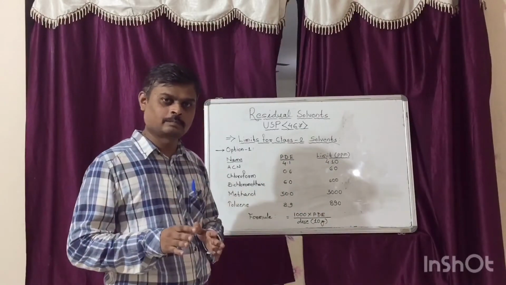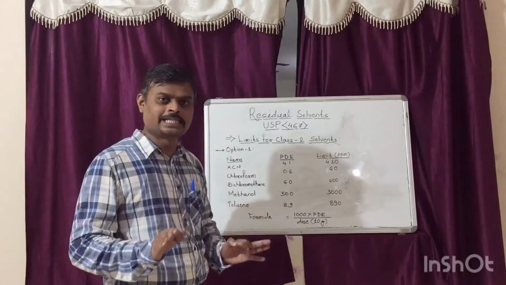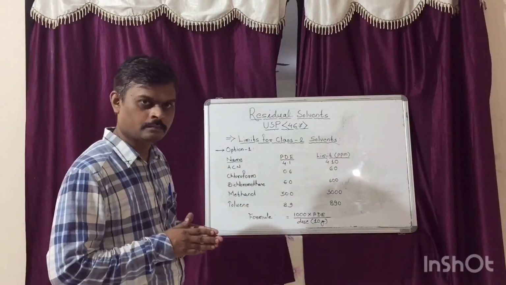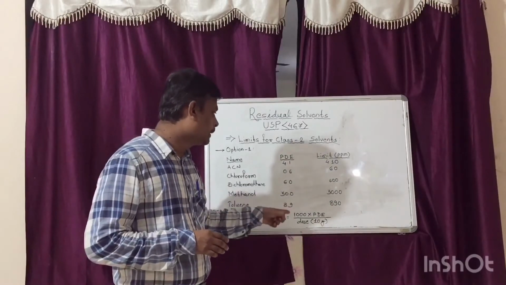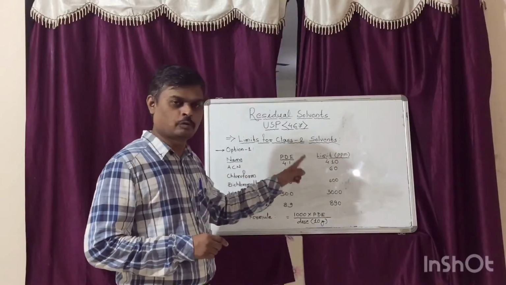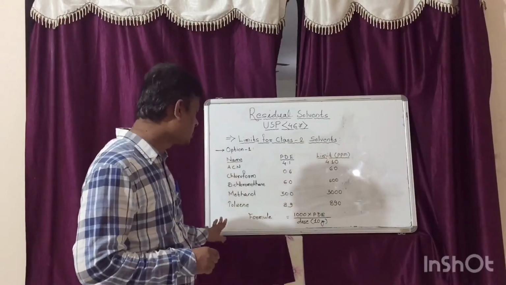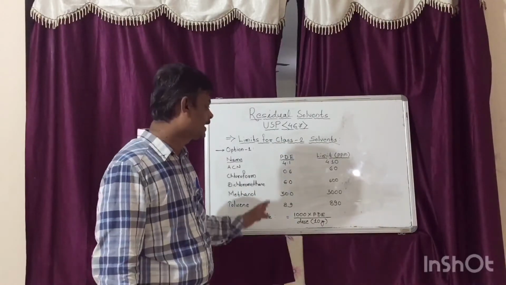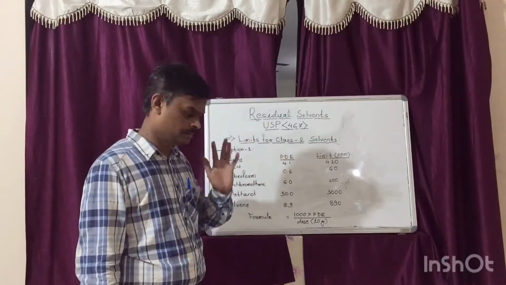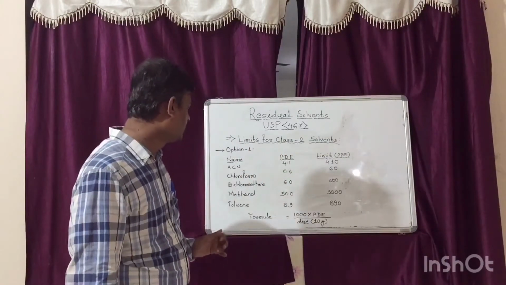In this case, 10 gram is considered as the daily dose. Based on the PDE, that is permitted daily exposure, of the respective solvent, you can calculate the option 1 limit for each solvent. For example,